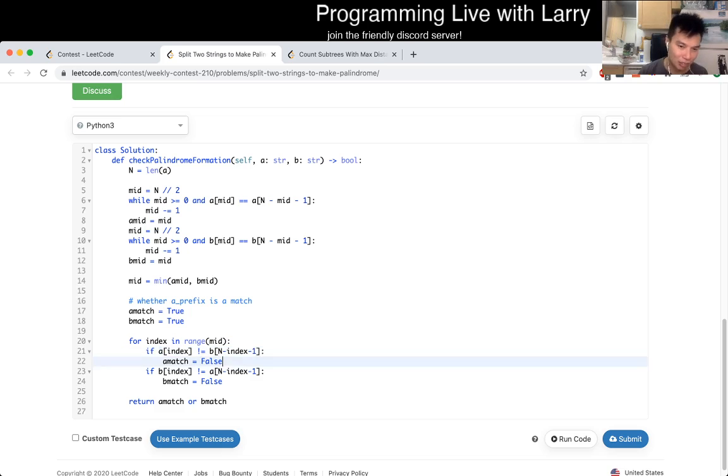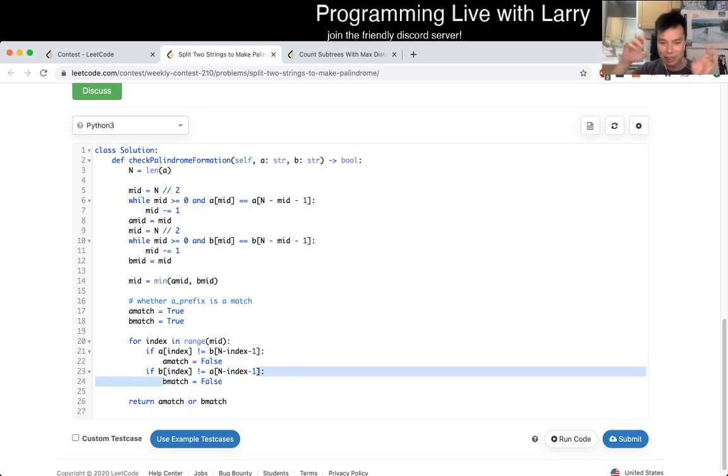If B is also, so we check for both, A prefix and B suffix, and then on the bottom here, the B prefix and the A suffix. And you only need one of those to match, to kind of match it up. And also note that